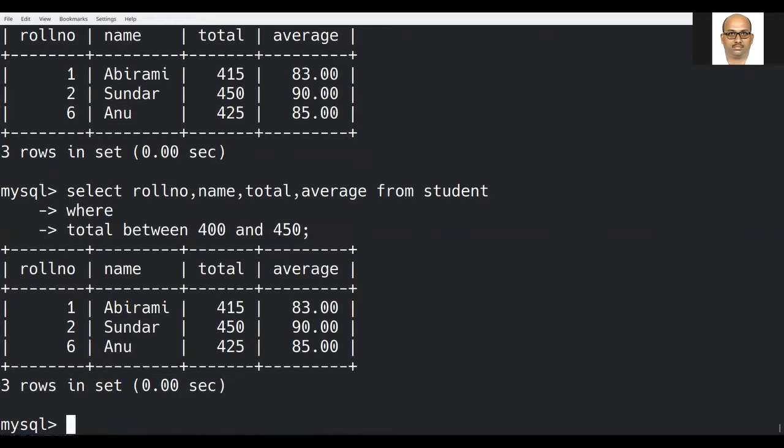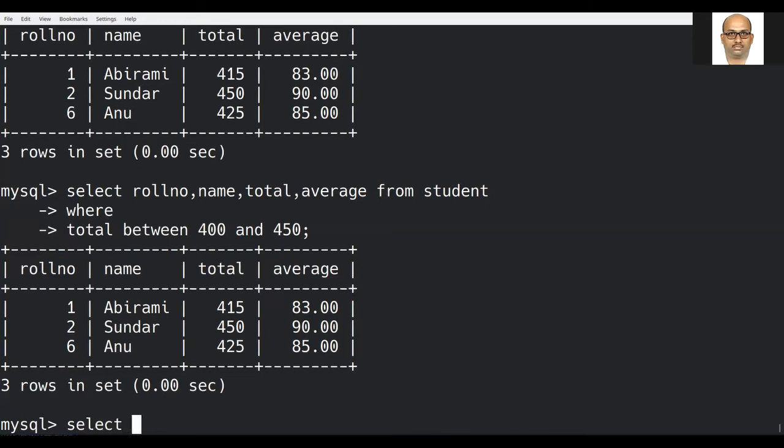Then, can I use the other logical operator? Here I have used one logical operator, namely AND, in both the examples. Now let us check with respect to OR.